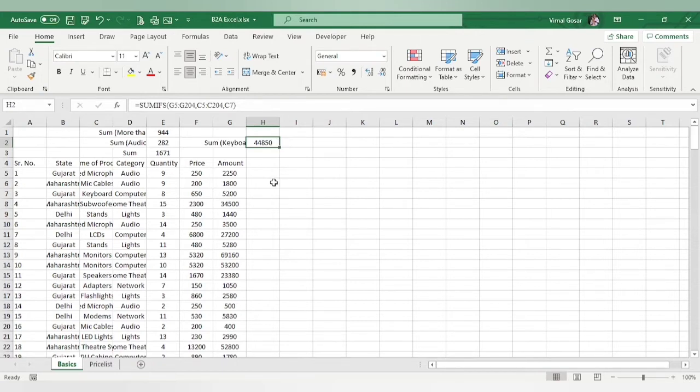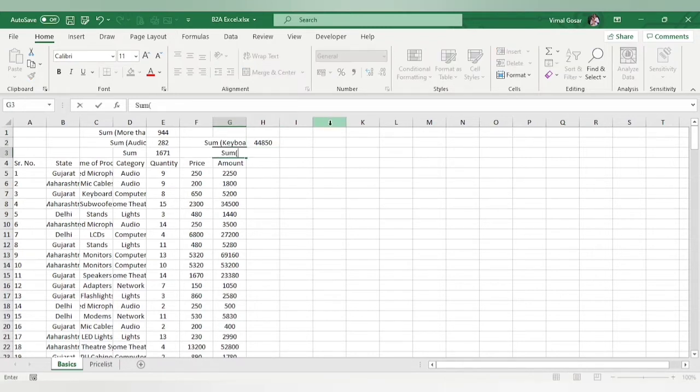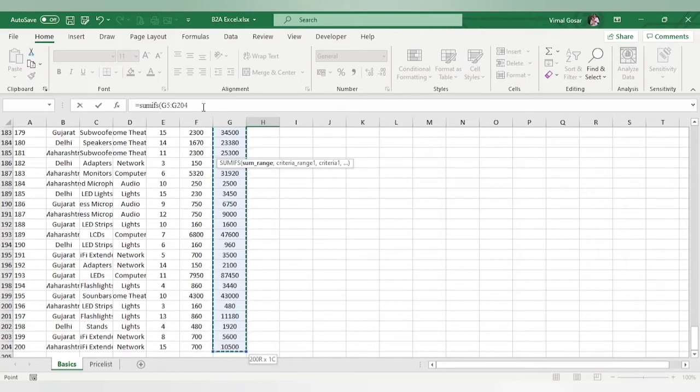Now there could be many other functions also. Now let us say I want to again find out keyboards, but keyboards those who have bought should be more than 5. Only if it is more than 5 we will be taking it into consideration as a total of that. So let us say I want to find out sum of keyboard but with sales more than 5. With sales more than 5, number should be more than 5, so quantity has to be more than 5. So in this case I'll again use sum ifs, the function. In this again I have the first as the criteria, the sum range.